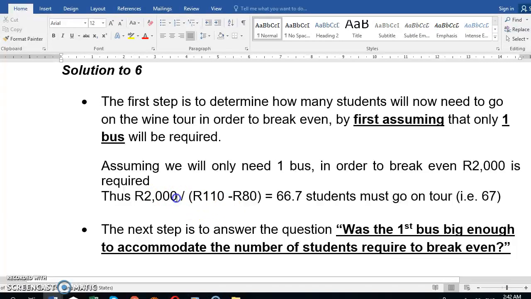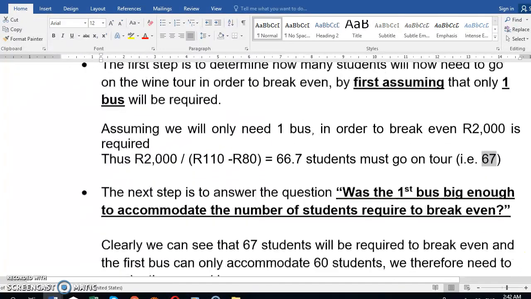Remember, the fixed cost is 2,000, and contribution margin is selling price minus variable cost. The new selling price is 110 and the variable cost is 80. So 2,000 divided by 30 gives you 66.7 students, or 67 students. Now clearly 67 students is too much for 1 bus,